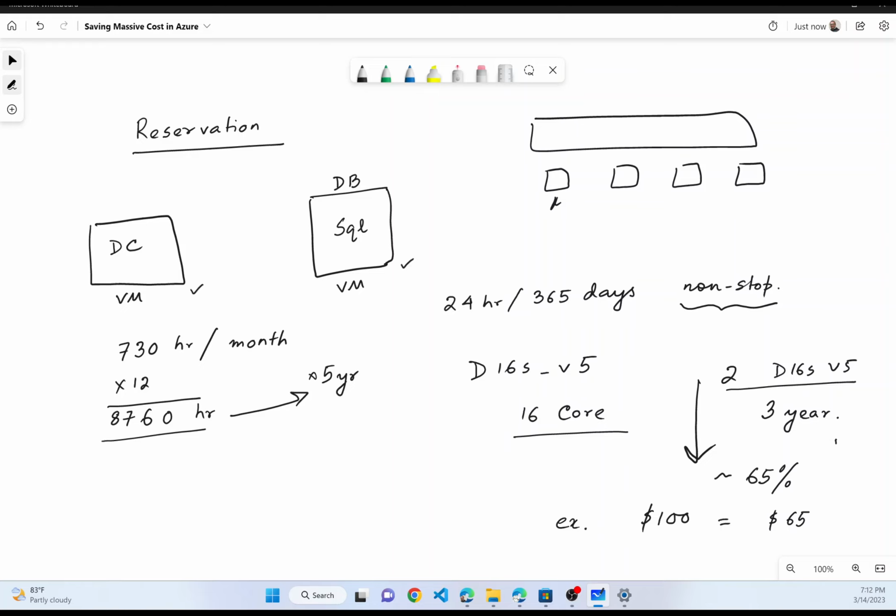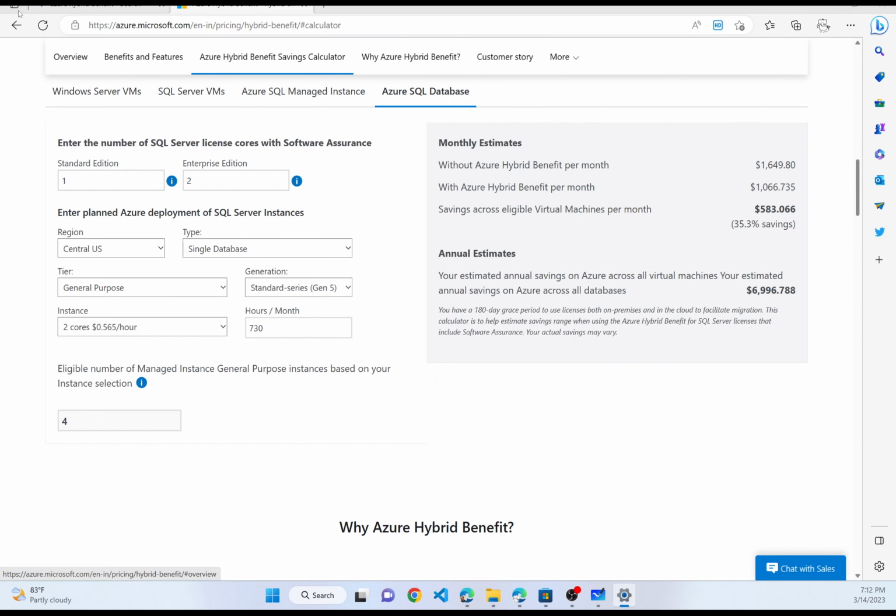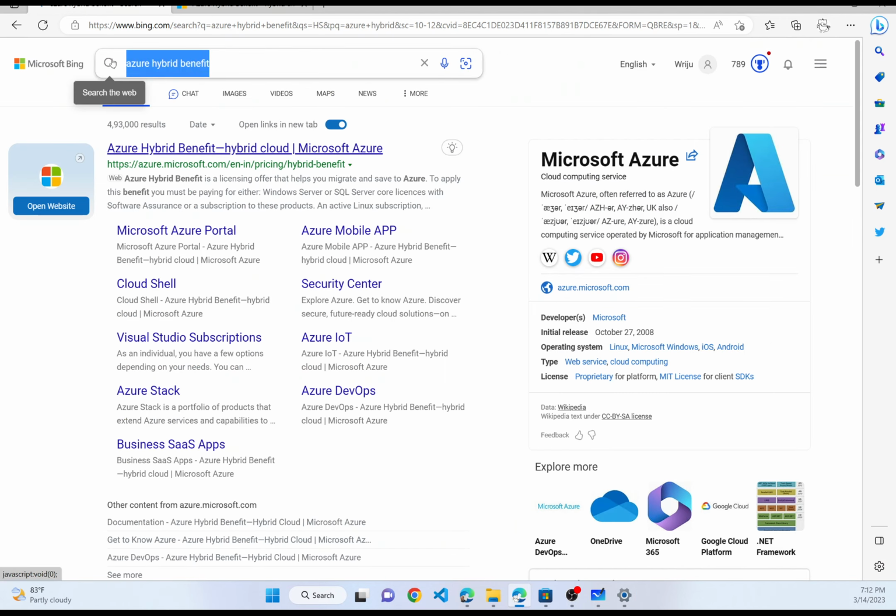So you can reserve it for 1 year or 3 years. 3 year is the best option, right? So we always recommend 3 year. Go for 3 year, you will get more benefit. Now, I want to show you that in the documentation and in our calculator to really demonstrate what the cost saving looks like. Okay, so let me switch to my portal, and in that I'm going to go ahead and open a search box, and I say Azure